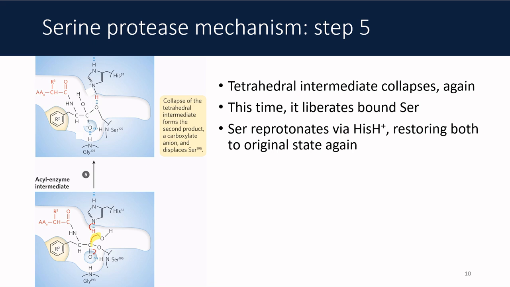The easiest bond that we can break is the pi bond of the C double bond O. When you do that, we're going to form a transient negative charge on that oxygen. This is going to be our second oxyanion intermediate. As the oxyanion gets stabilized by our very special oxyanion hole,